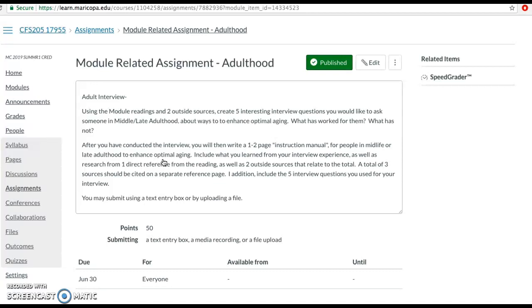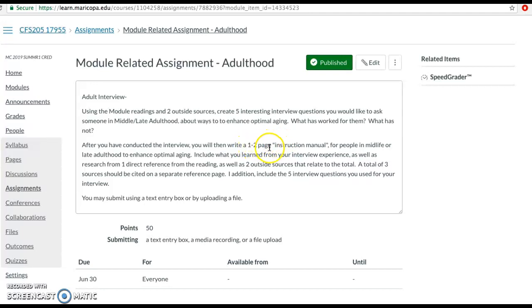And then based on the interview that you have conducted, what you've learned about that particular person and what their points are, pros and cons to optimal aging, along with our readings for the week and 2 outside sources, compile all of that information into what we'd like to call an instructional manual.